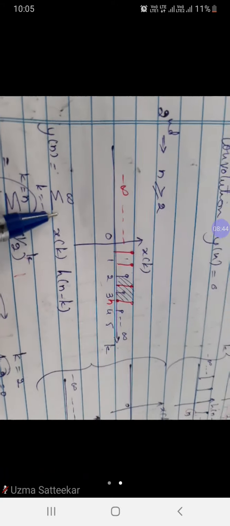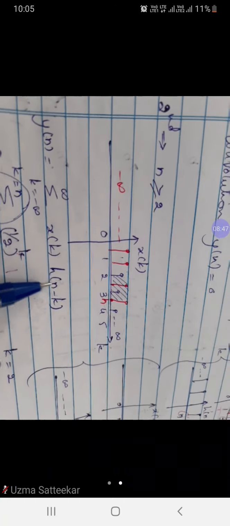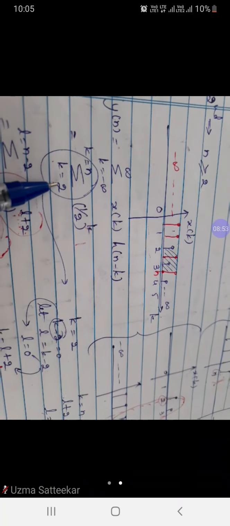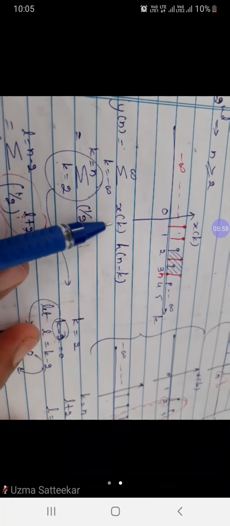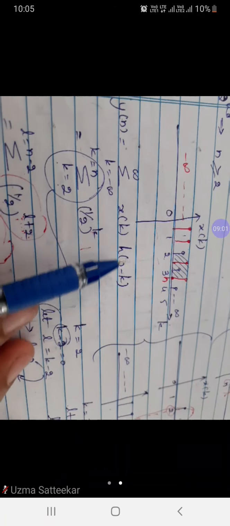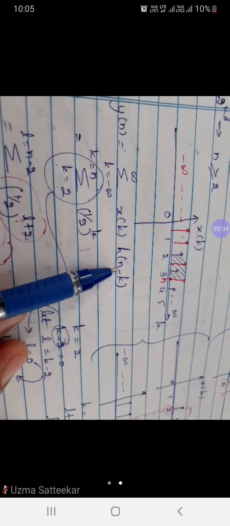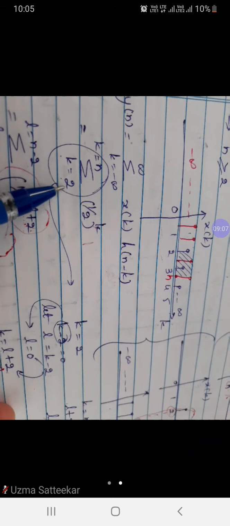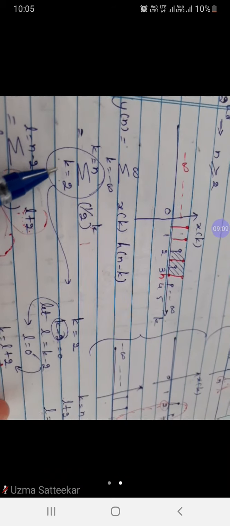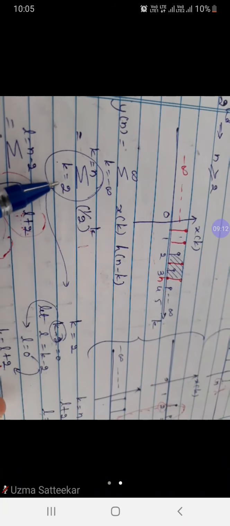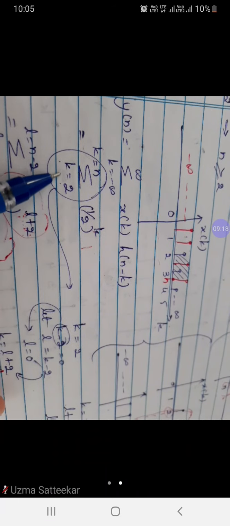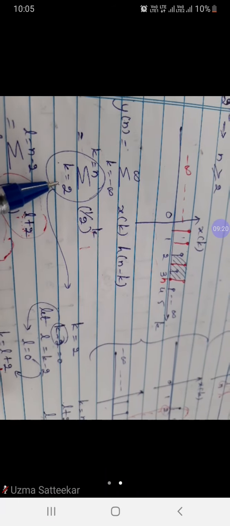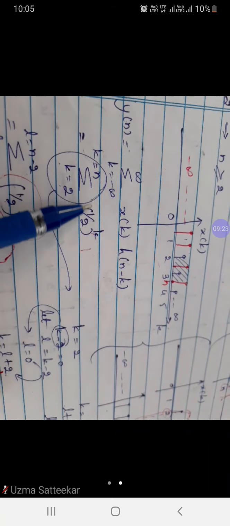We know that convolution is given by summation x of k h of n minus k, and the summation range will become 2 to n because the product is available only between these two, and x of k is half raised to k, and h of n minus k is u of n minus k, that is 1. So now, in order to evaluate this particular summation, I will try to change these limits and put the lower limit 0, because then I can apply the standard formula for this summation.